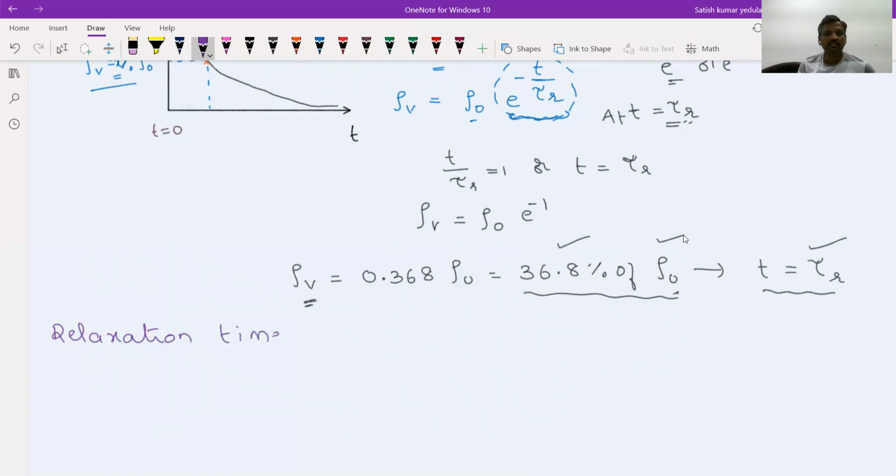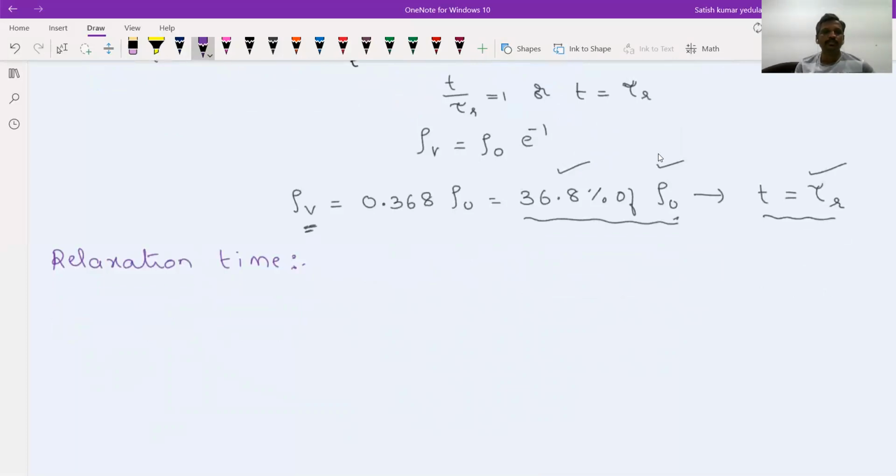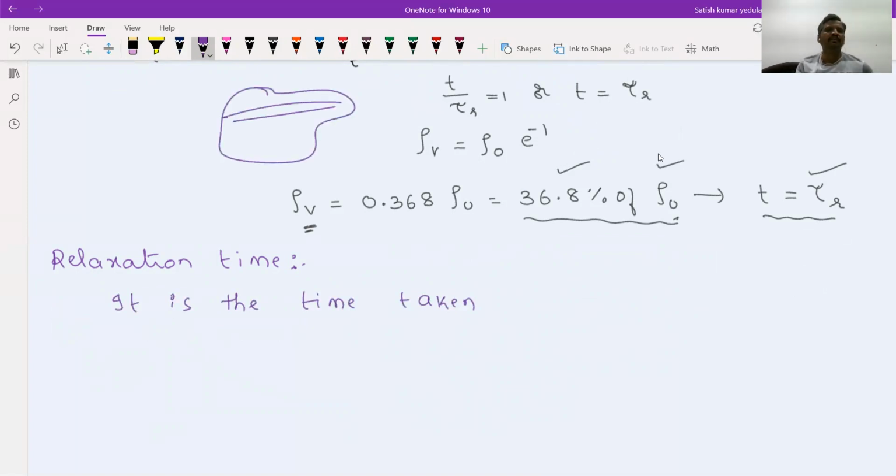Relaxation time, we will try to first define this and then I'll give you the expression for it. It is the time, but this is for defining what? It is defining for the material which we have taken. This generally will be happening for a conductor, because in a conductor the charges come out fast. So you can write either a material or a conductor. It is the time taken by a conductor or by a material